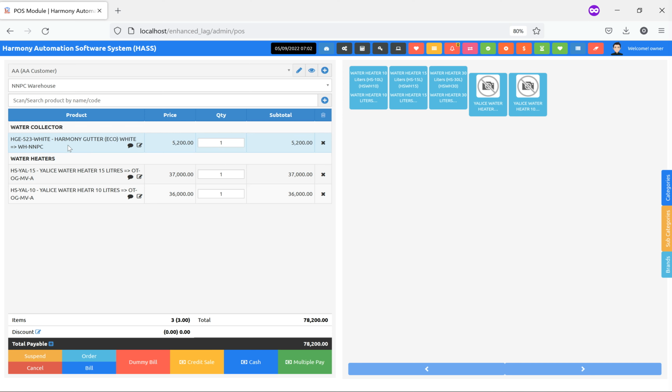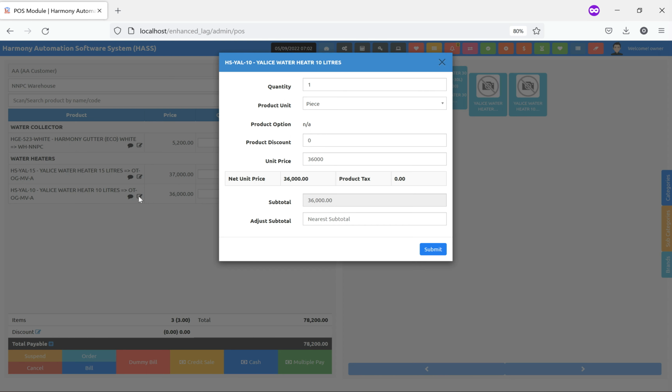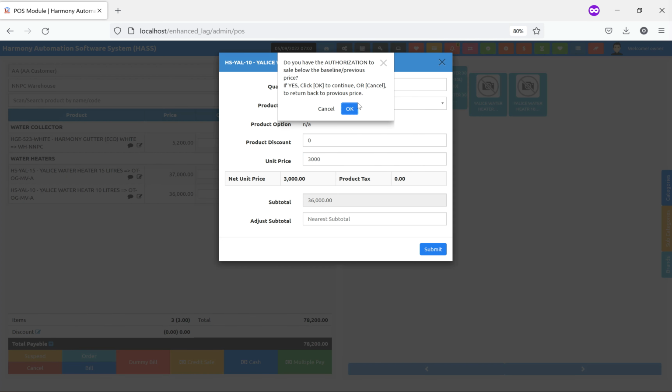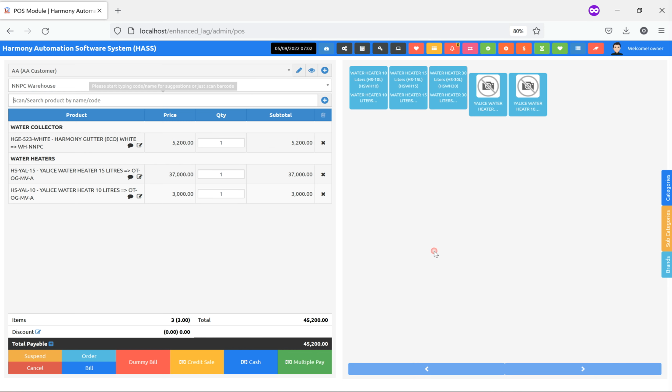How do you know the warehouse that the product is coming from? You have it written here. See, this is coming from Ogidi outlet. And in order to demonstrate that of the flagged sale, let me go ahead and reduce the price of this and set this below price so that the system will flag it up. Okay, now